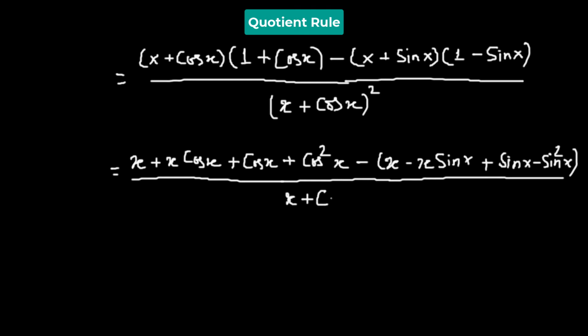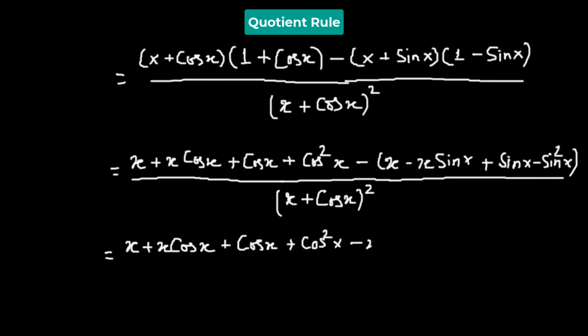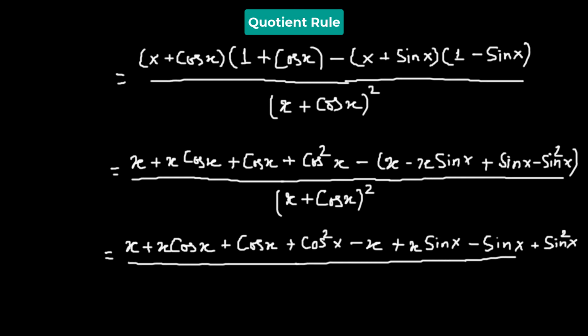x plus cosine of x whole squared, which will be equal to x plus x cosine of x plus cosine of x plus cosine squared x minus x plus x sine of x minus sine x plus sine squared x whole divided by x plus cosine of x whole squared. So the x and x get cancelled,